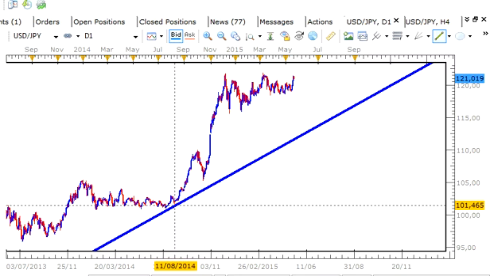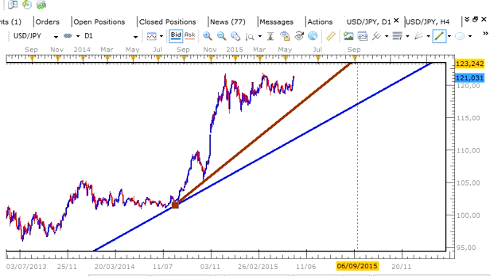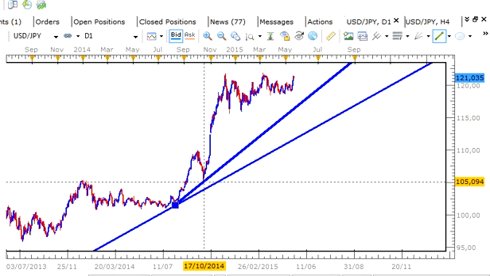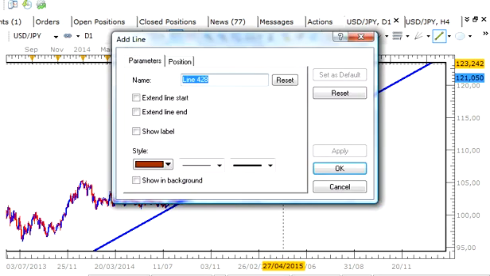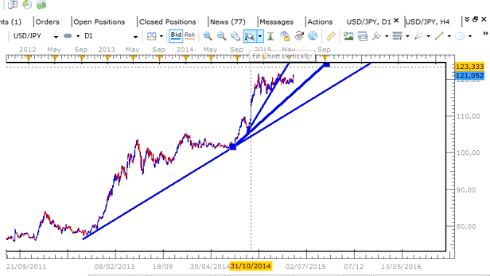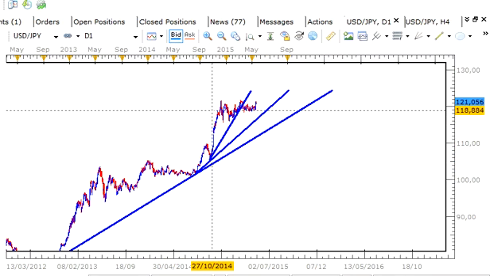lines. This second one connecting these two support points here would be known as the outer uptrend line, and the third connecting with this support point, and we see here that the market made another high, so we'd connect the trend line in this fashion, would be the inner uptrend line. So a very extended uptrend has been created since 2012, very strong uptrend, and as we see here, the market